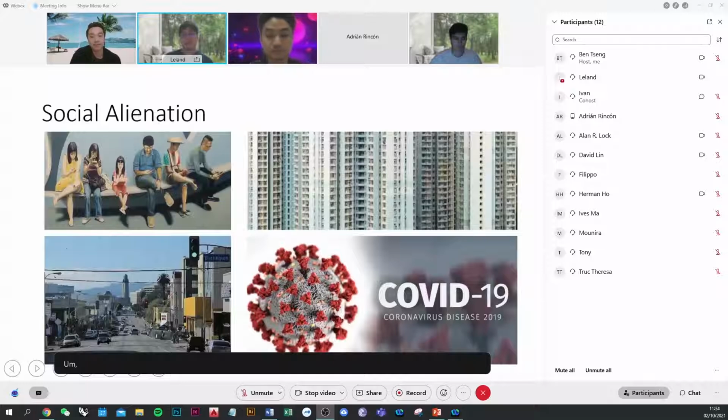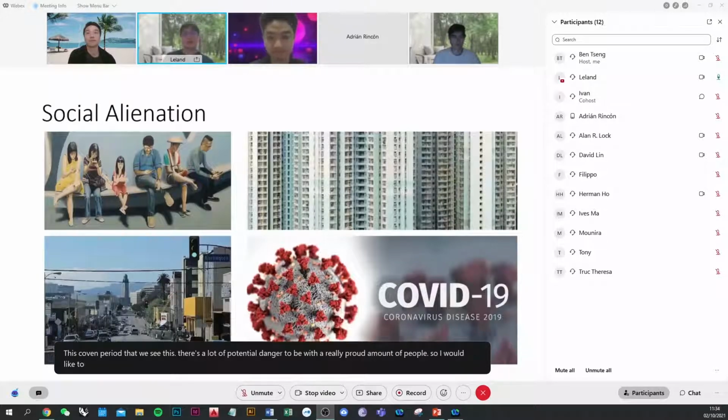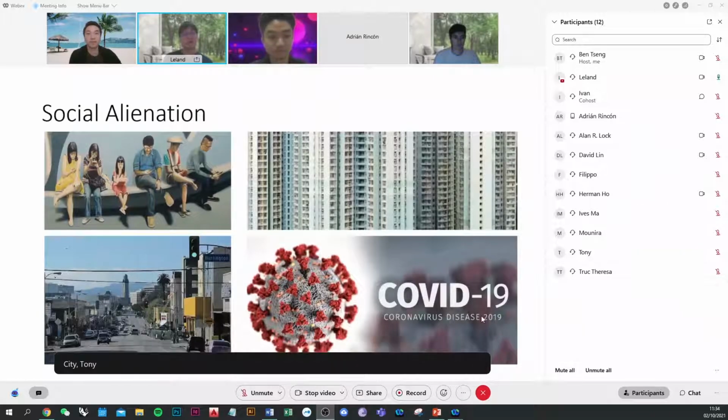However, during the COVID period, we see there's a lot of potential danger in being with a really crowded amount of people. So I would like to see if we can resolve this with a lower density town building or townscape, with a new street and futuristic housing, and that really brings back people to have a denser interaction